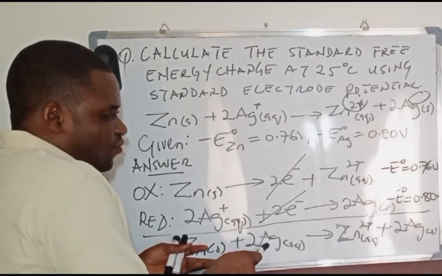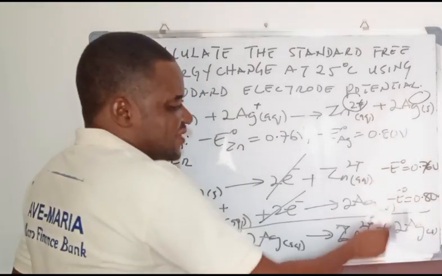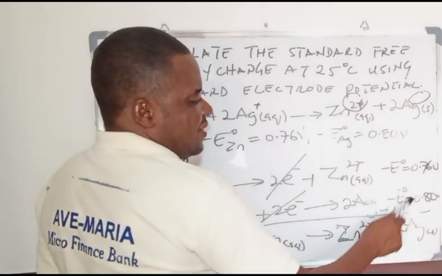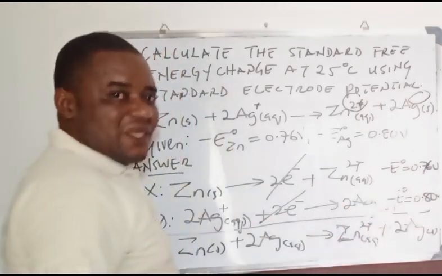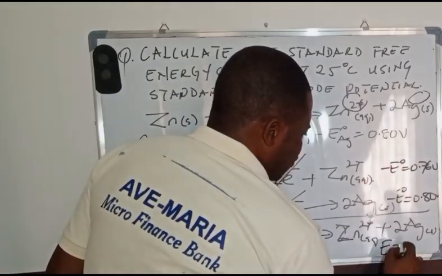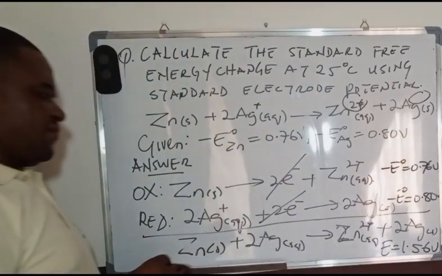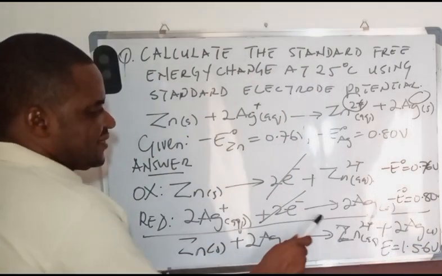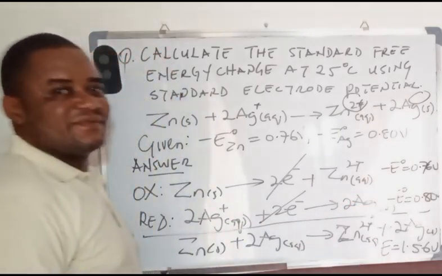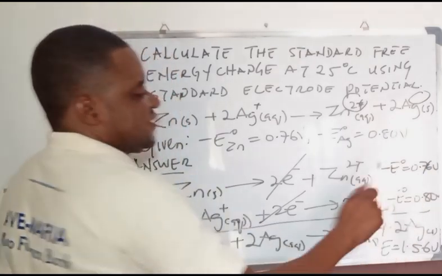Now, with this overall equation, we can have the summation of the potentials to give us the overall potential. So if we add 0.76 plus 0.80, what are we going to have? We are going to have the electrode potential for overall become 1.56 volts. Of course, that's what we have. So if we add the potentials that we have here, we'll have 1.56 volts. Because 6 plus 0 is 6 and 7 plus 8 is 15. So that is